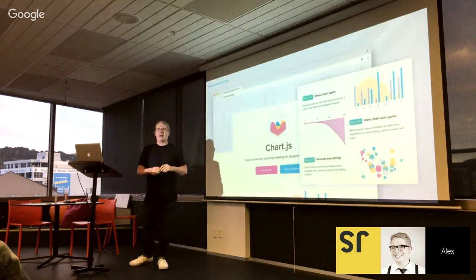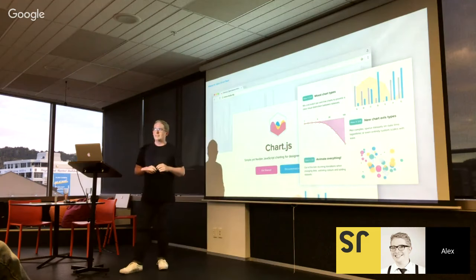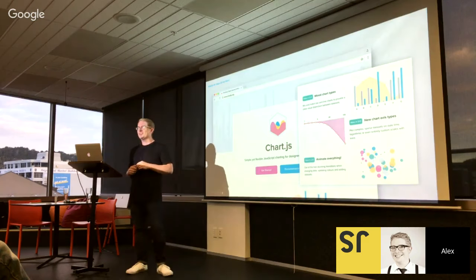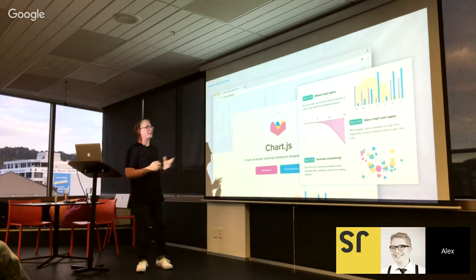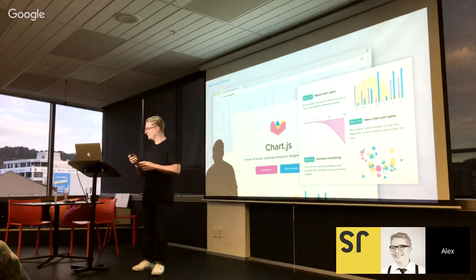So I went digging around to find what charting libraries I liked the most. I have a design background, so charting libraries looking good generally holds a lot more sway with me over how good it is. And so I ended up on chart.js because I really liked the default look of the charts.